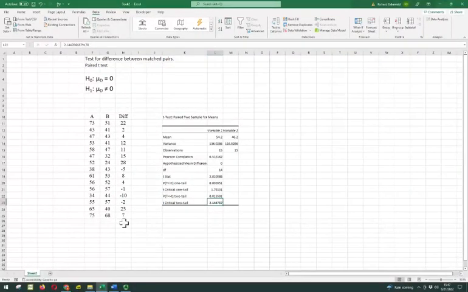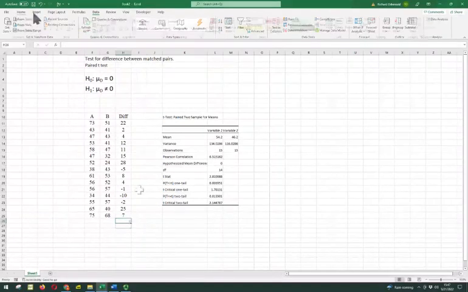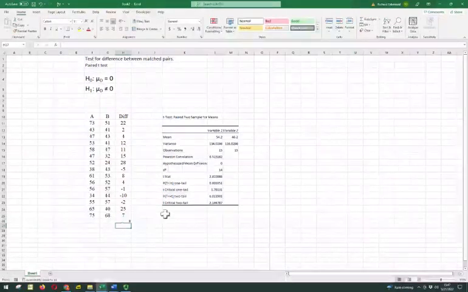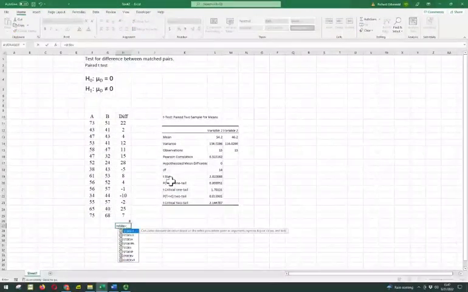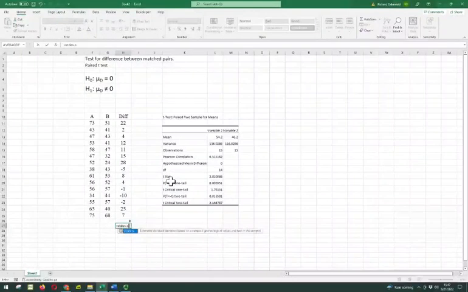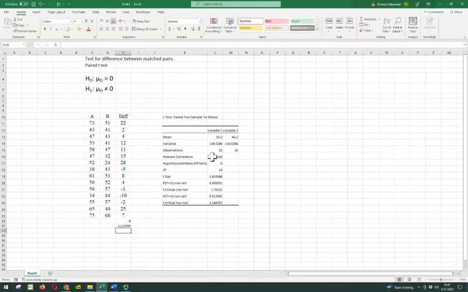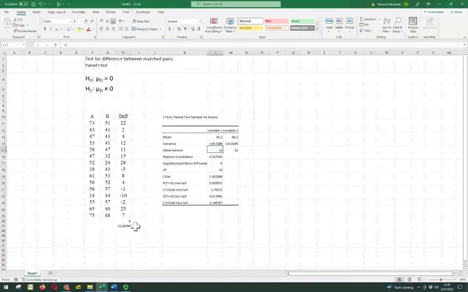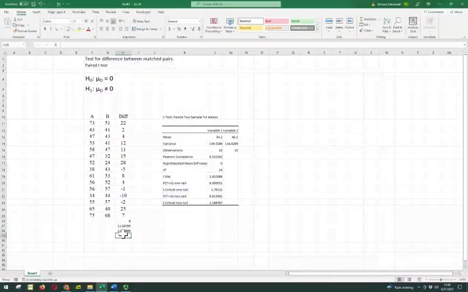We can also do this with a regular test. Calculate the mean difference, which is 8, and the standard deviation. The sample size is 15, so the standard error of the mean difference is 11.025 divided by the square root of 15, or